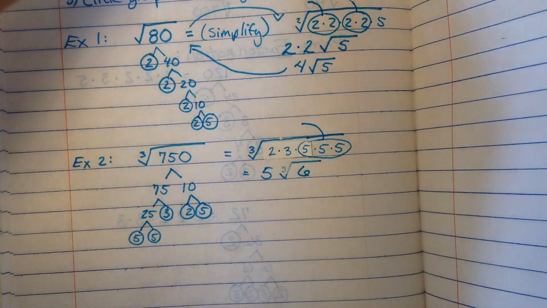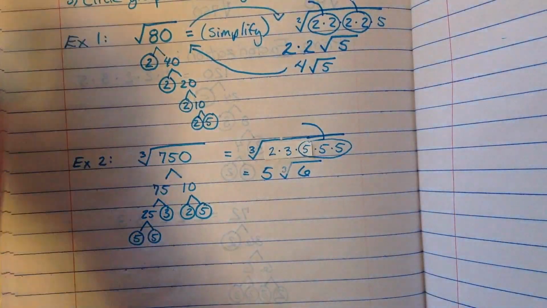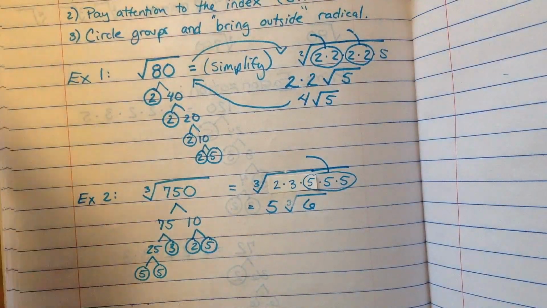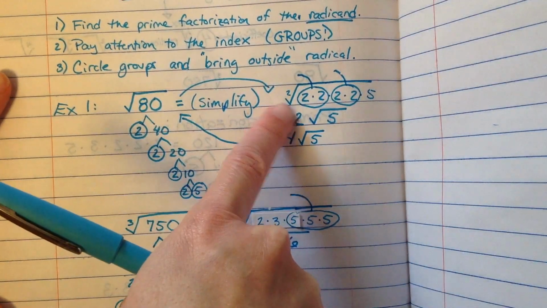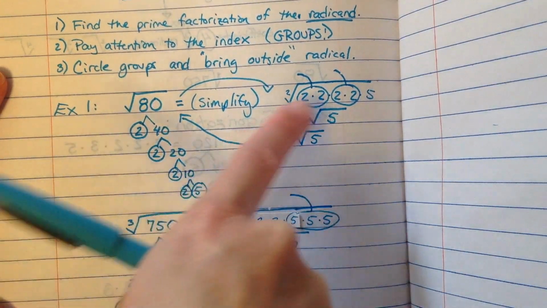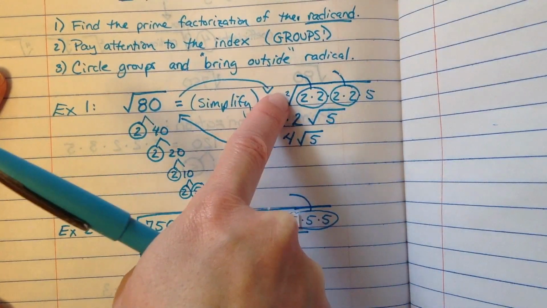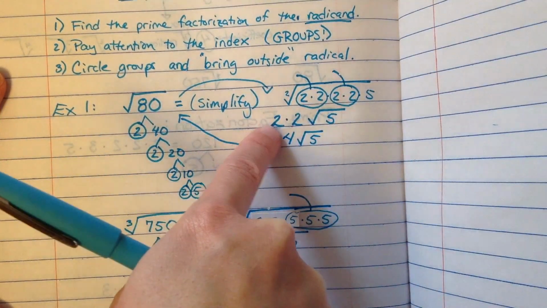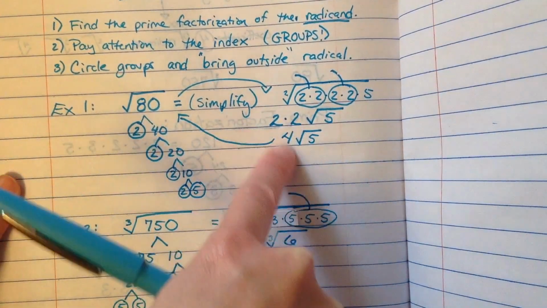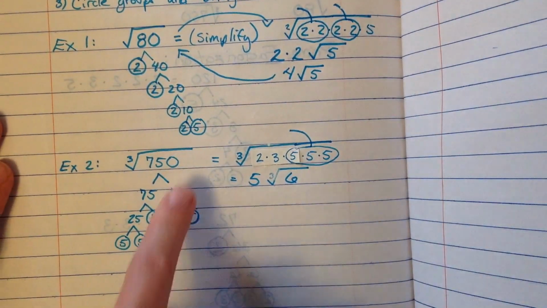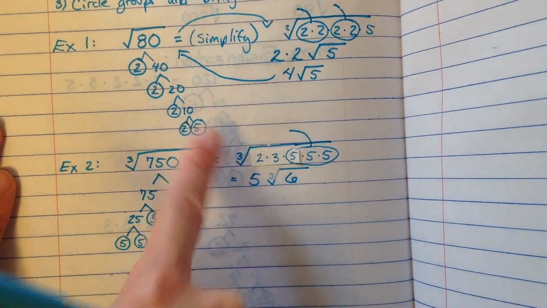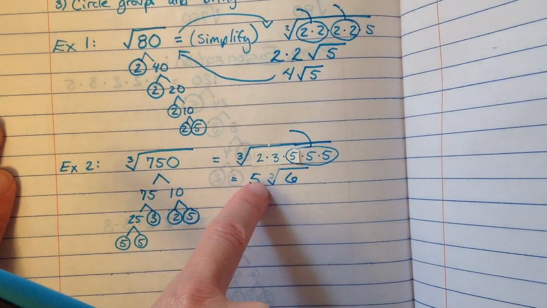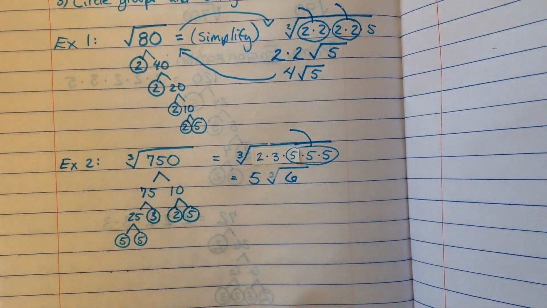Let's do one more example. So just in review, we have simplified radicals first with an index of 2, meaning that once we did the prime factorization, we grouped things into groups of 2 and moved them outside one at a time to the coefficient. And then when we deal with cube roots, we group numbers of 3 and move them to the outside and take the cube root. And the last thing we're going to deal with, so example number 3,